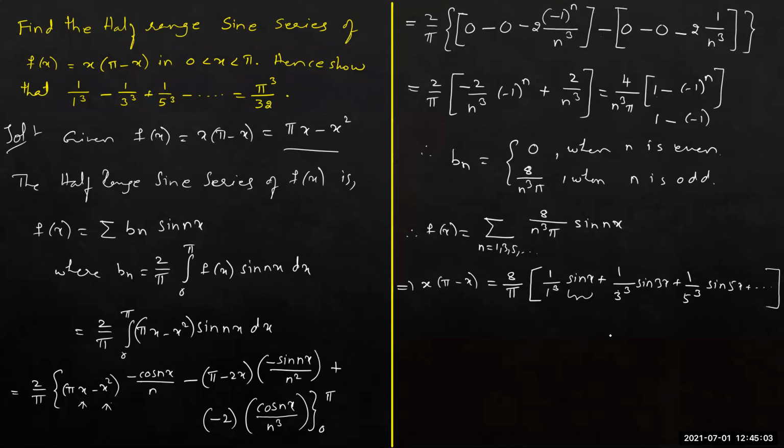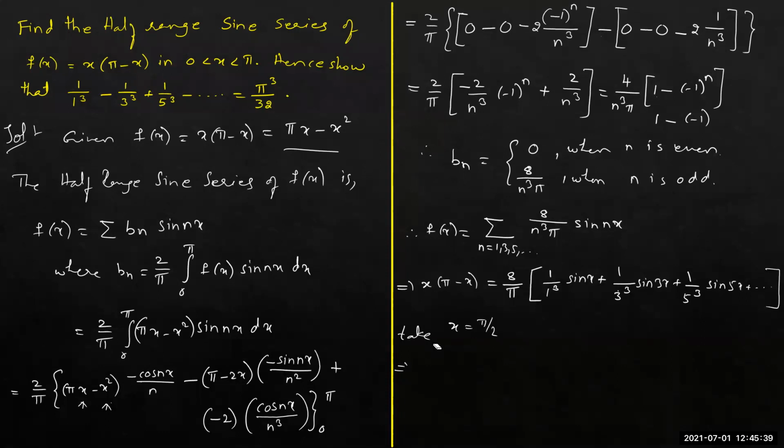If you recall, for what value of x is sine plus 1? Sine pi by 2 is 1, you know. So if we take x is equal to pi by 2, here we'll get sine pi by 2 as 1, then sine 3 pi by 2 as minus 1, then again sine 5 pi by 2 is plus 1. So let us proceed by taking x is equal to pi by 2. Because these two are equal, when we take x is equal to pi by 2, we should substitute pi by 2 on either side.